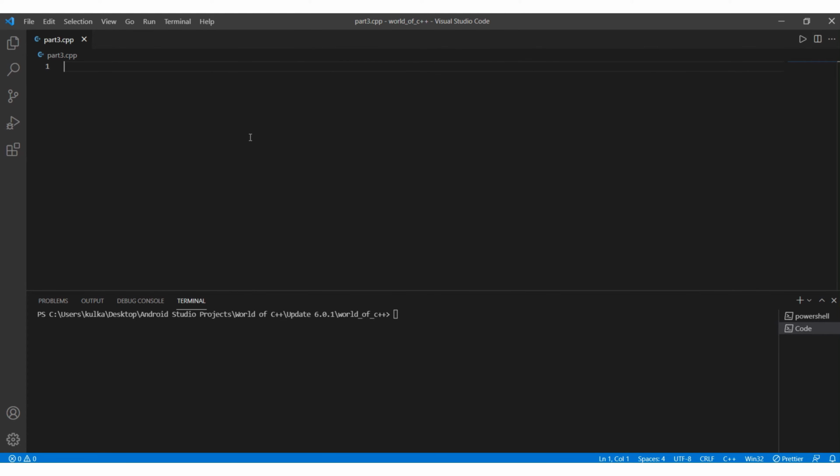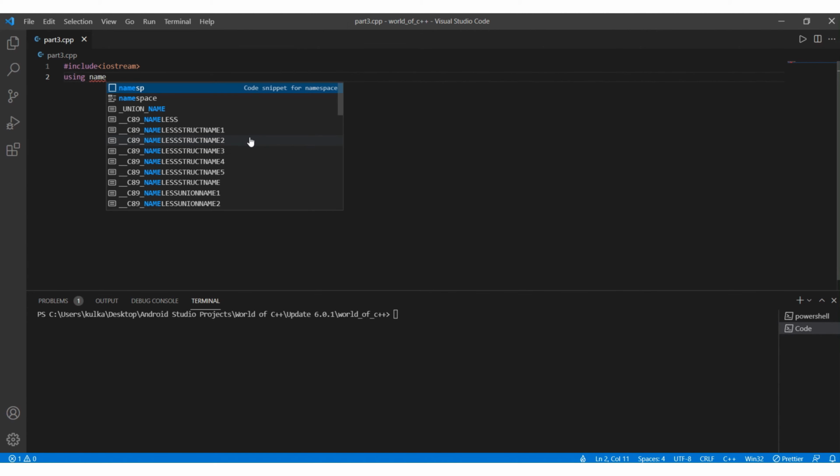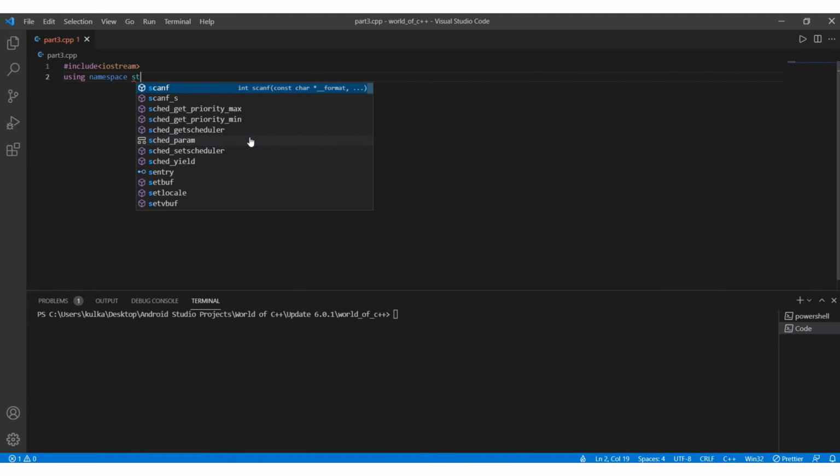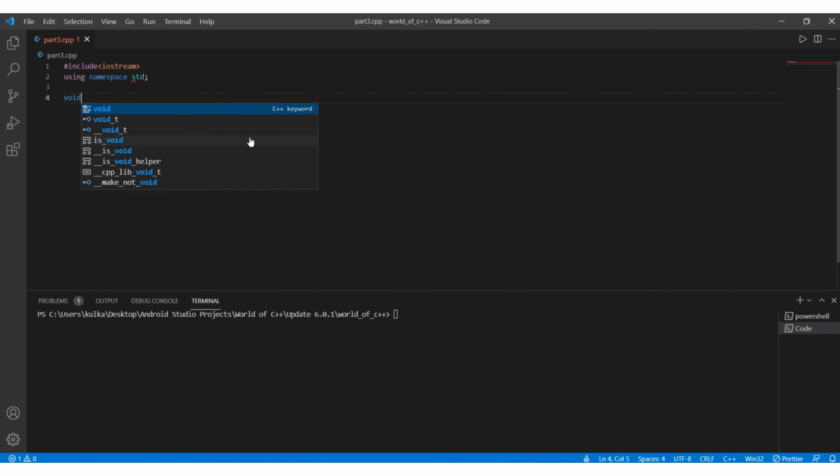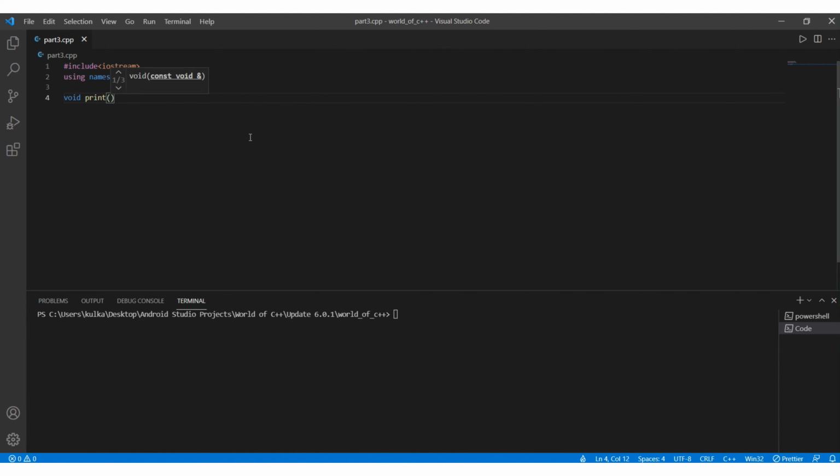Now we will learn what function overloading is. Two or more functions may have the same name with different parameters, and this is nothing but function overloading. Let's see an example. I will write a function with return type void. Its name is print and the data type is integer.